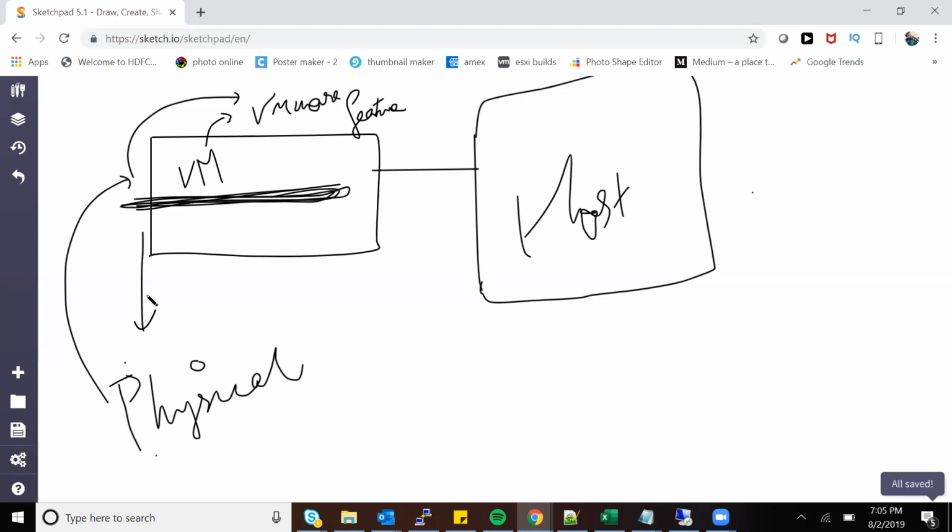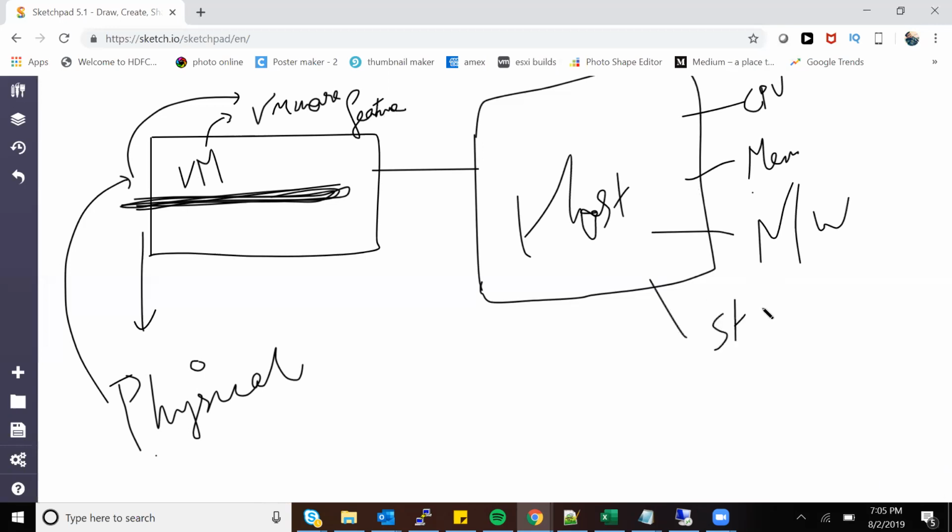Now, in a host, what are the main components? Four main components: CPU, memory, storage, network. Perfect. These are the four main components for any application or any physical machine to run. The exact same things are applicable for my VM as well, but here it will be a little different.